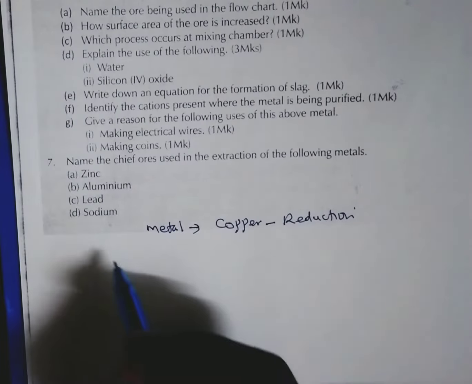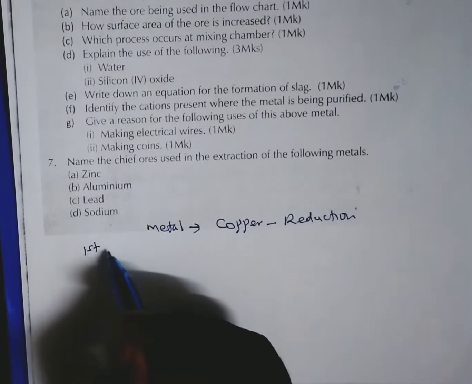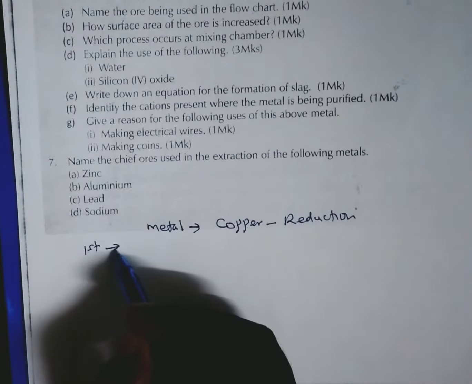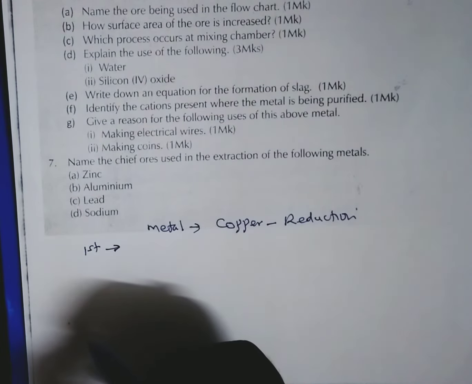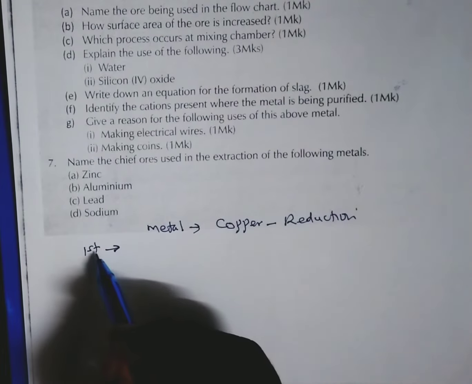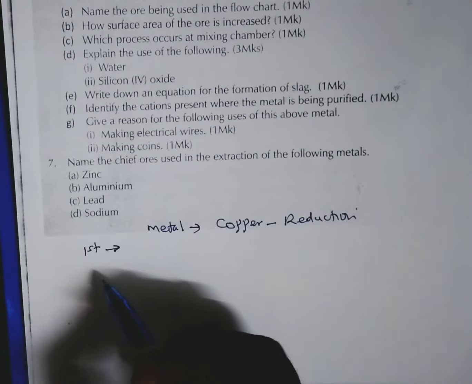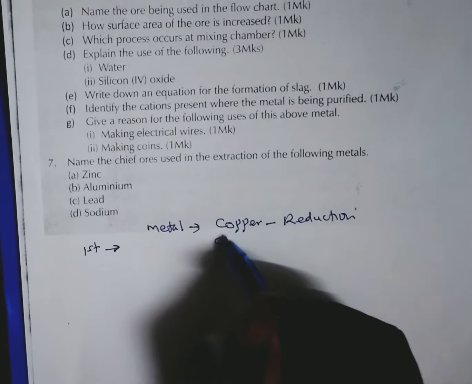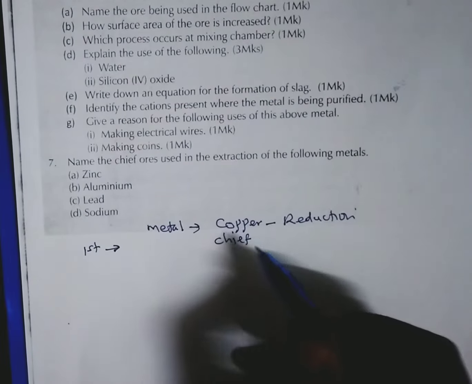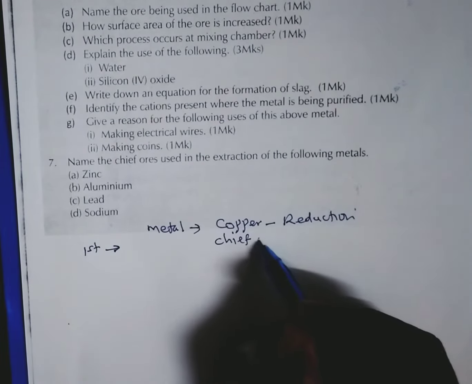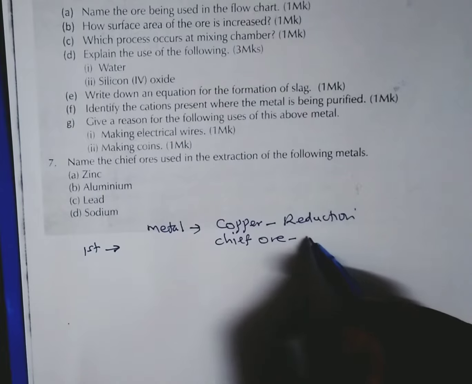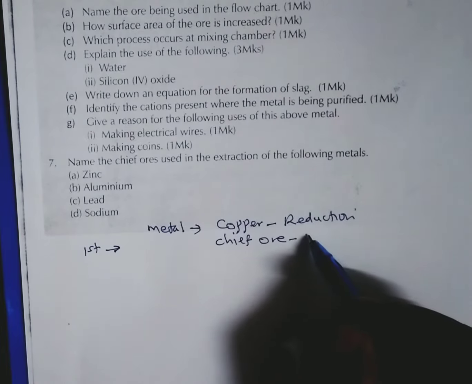The first thing that happens, or the first step, is where the ore is concentrated by a process known as flotation. But before we look at the first step, we need to know the chief ore for the extraction of copper metal, and the chief ore for the extraction of copper metal is copper pyrites,